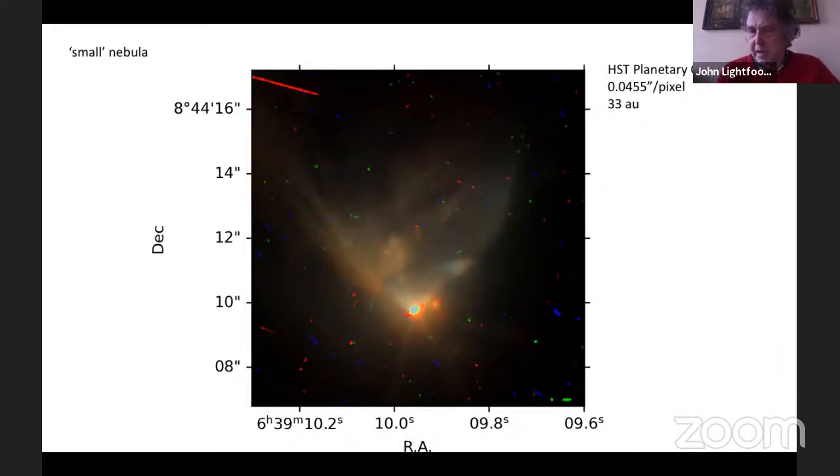But as long as it's there, then we should be able to have our various viewpoints into the star as it forms. And as long as the star continues to throw up lumps and bumps, as long as it continues to have an accretion disk, then we should be seeing things.